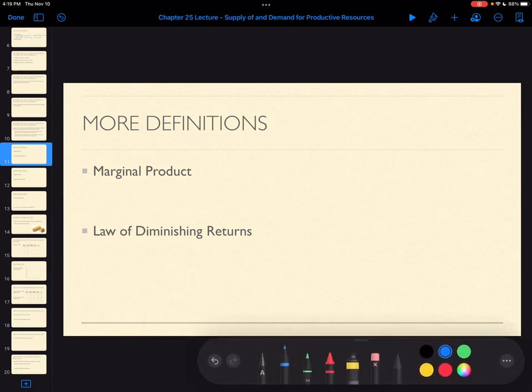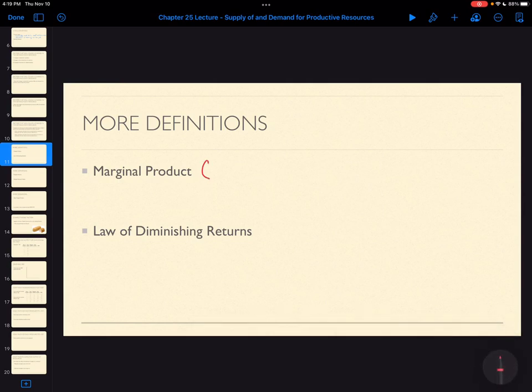The first one is what we call marginal product. We usually abbreviate this with MP. So whenever you see MP on the homework or somewhere in the book, it means marginal product. So, what is marginal product? Marginal product is the additional output. Again, we're thinking about a company producing stuff. It's the additional quantity produced